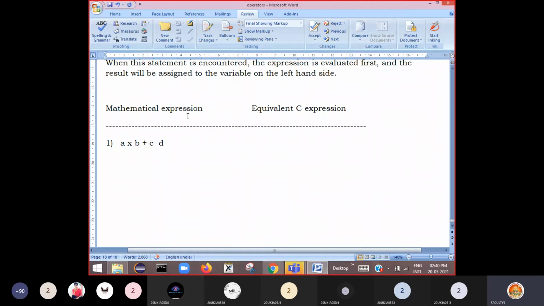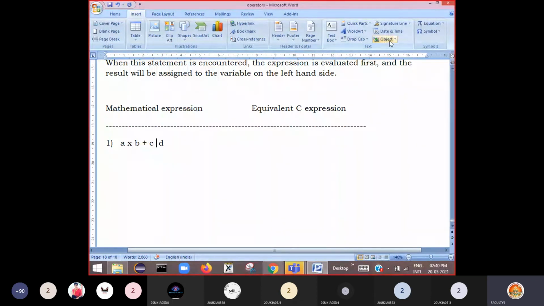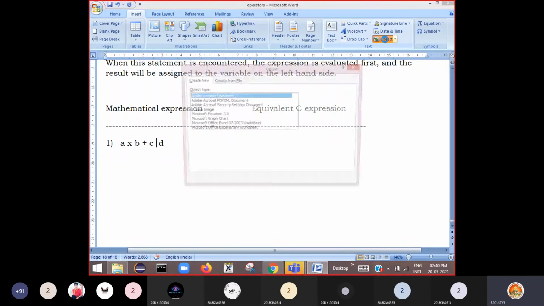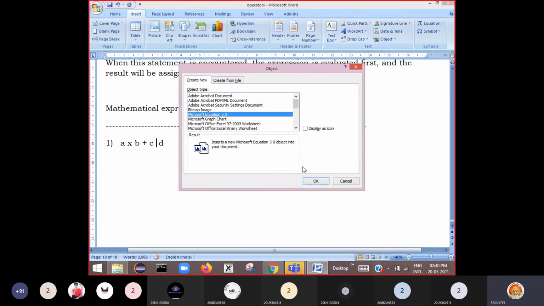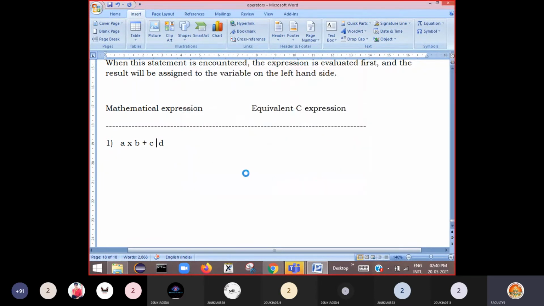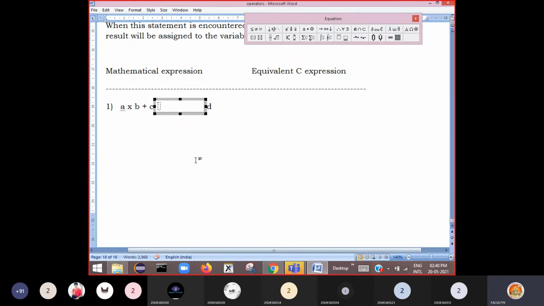I'll just show the expression here. Otherwise, this symbol I'll replace here. Where are those multiplication symbols?